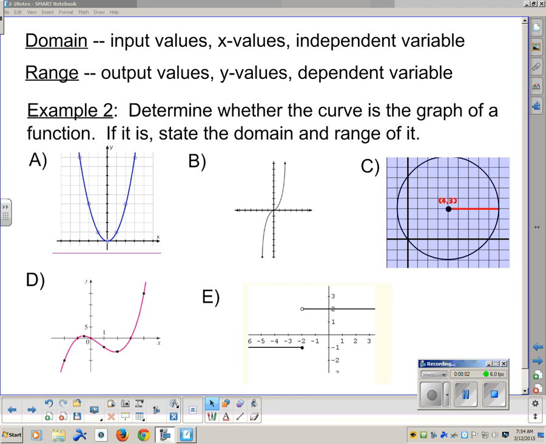All right, so we are going to be looking at domain and range. Domain is your input values, they're your x values, they're your independent variable. It's what you're substituting into your function. So basically, if you're looking at a graph of a function to figure out domain and range here, for domain, you want to look at the leftmost x value,